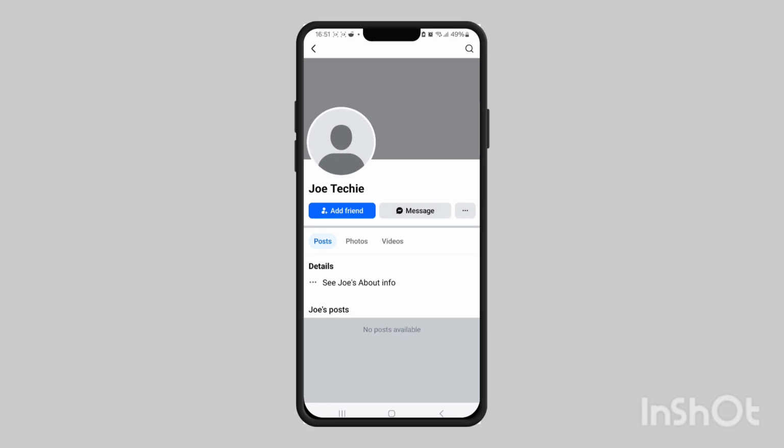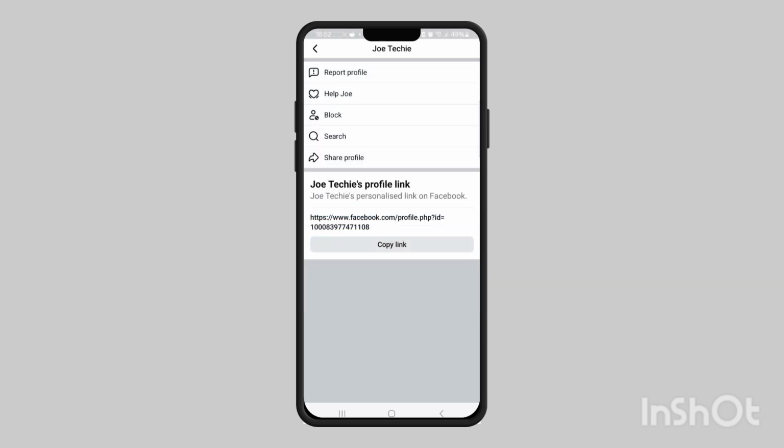In this video, I'll show you how to report a Facebook account for harassment. So you need to report the Facebook account, and you also need to report their Messenger account. So to report their Facebook account, press on the three dots to the right of the message button, just here,